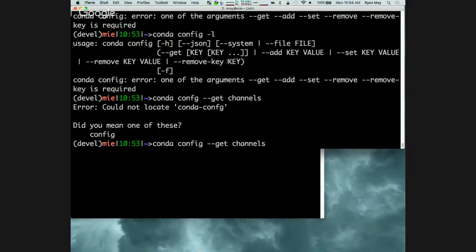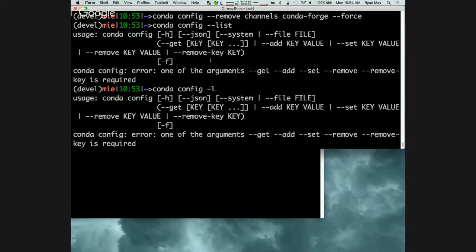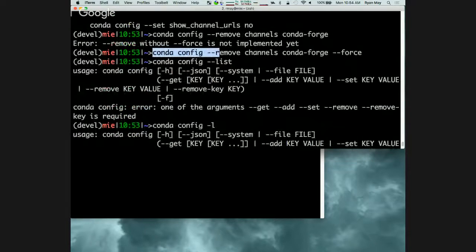Okay. So yeah, if you want to do it, it's conda config --remove channels. Make sure you replicate whatever was mistyped, and then you have to give it --force to remove it.